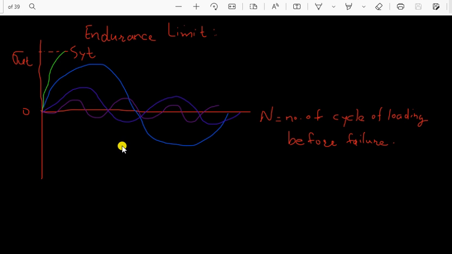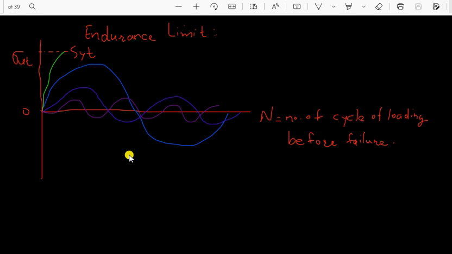Let us say I am carrying a 100 gram mobile phone on my head. Will I fail at any point of time in all my life? No, it cannot reduce my efficiency. So that value of 100 gram will be the endurance limit for me. So the particular stress which is created due to this 100 gram of load, that stress will be the endurance stress or endurance limit for me.